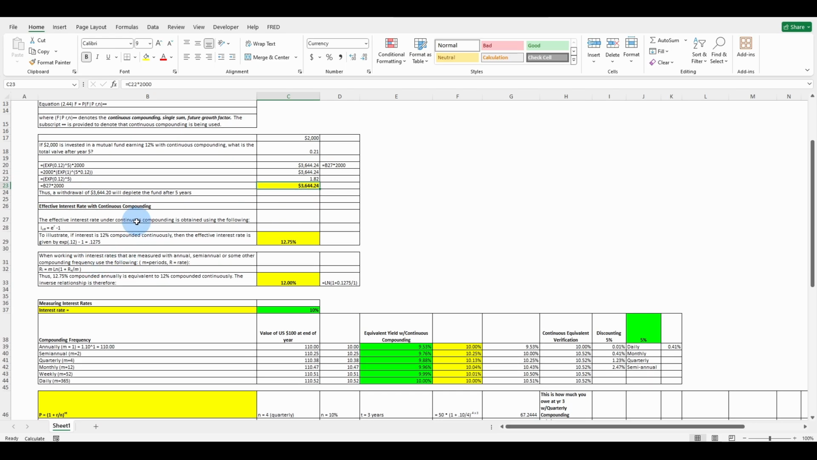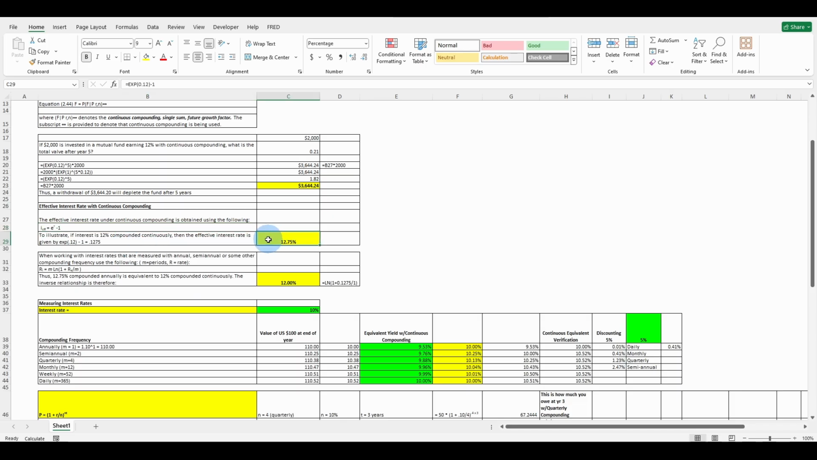Okay, effective interest rate with continuous compounding. What does that mean? The effective interest rate under continuous compounding is obtained using the following: i effective equals e to the r, minus 1. To illustrate, if interest is 12% compounded continuously, then the effective interest rate is given by EXP of 0.12 minus 1,